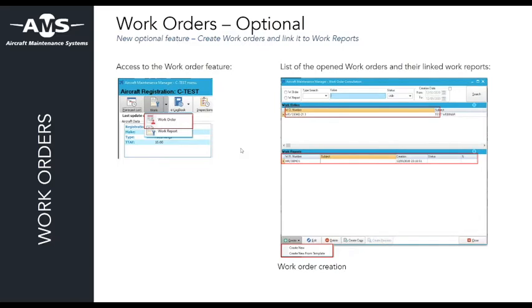The work order feature is a new feature that we implemented inside the work report section. Previously, when clicking on work, you were just able to see the work report. Now there is a new option which is work order. This work order section will open on the list of the work orders that are already created in the system. You will have the possibility to create a new one or from template, because you'll be able to create templates for work order too. And in this area, you will have the information of work reports which are linked to this work order.